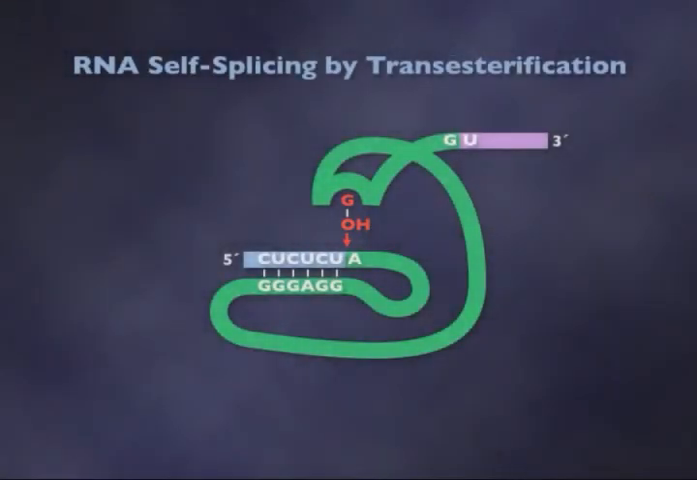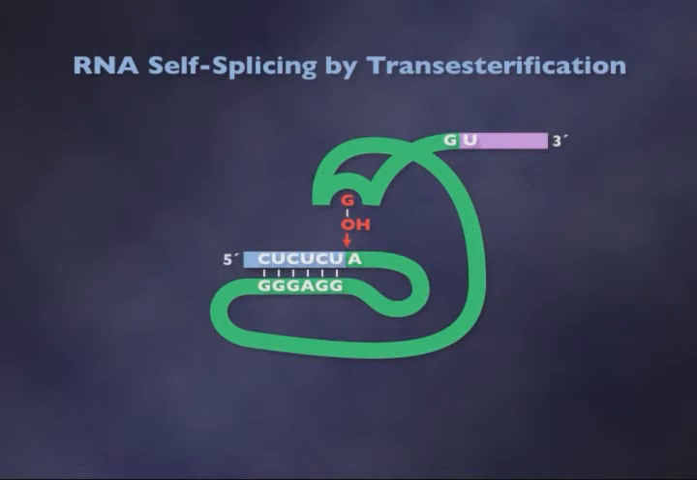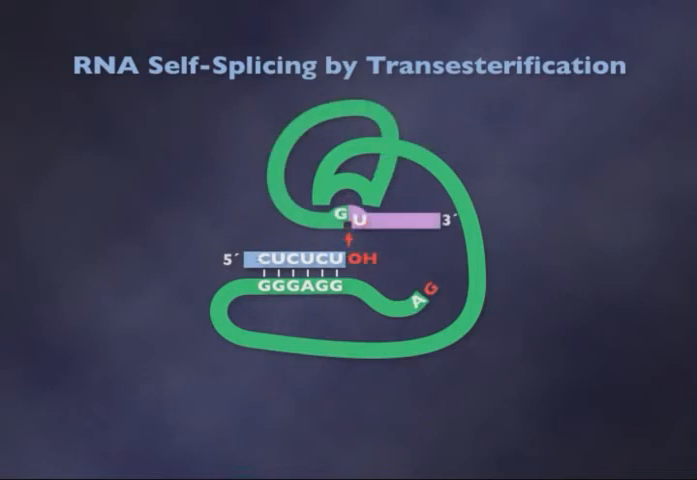And then the guanosine acts, if you're a chemist, it's called a nucleophile, but since you haven't had much chemistry yet, let's just think of it as a little pair of molecular scissors that cuts the RNA chain by a reaction called a transesterification reaction. And in that process, the guanosine becomes attached to the end of the intron RNA, and that frees up the